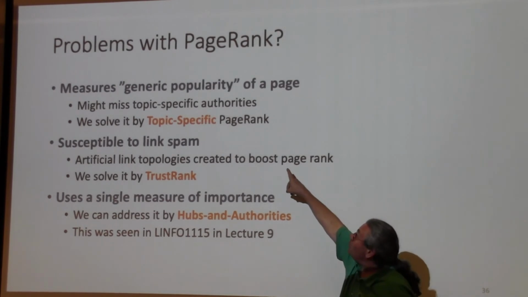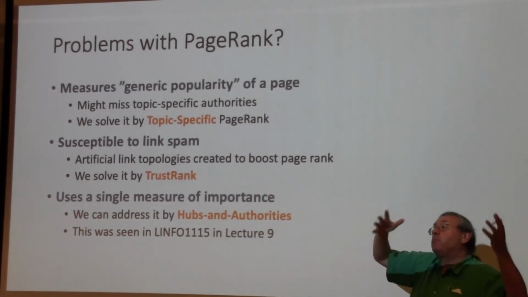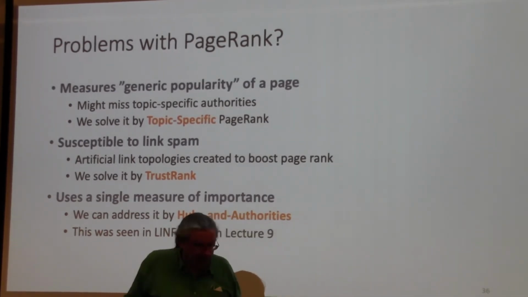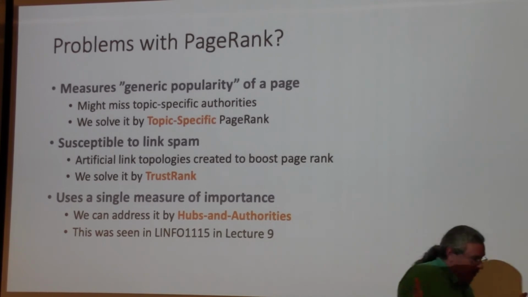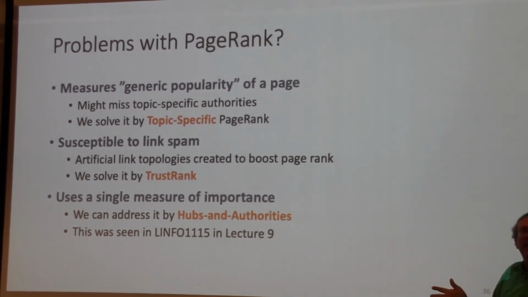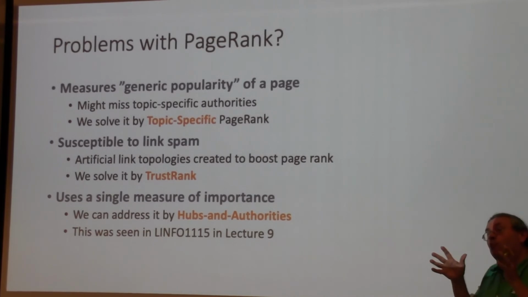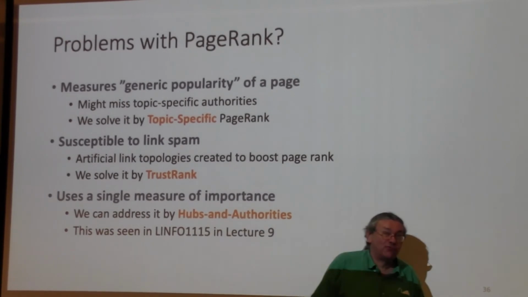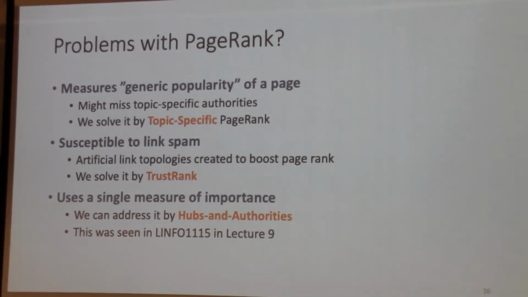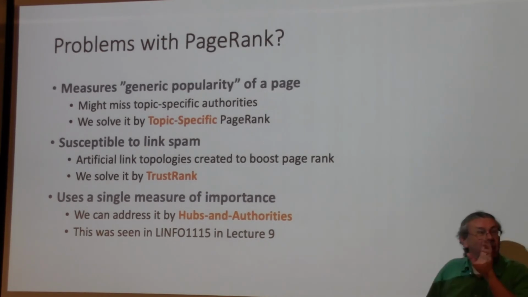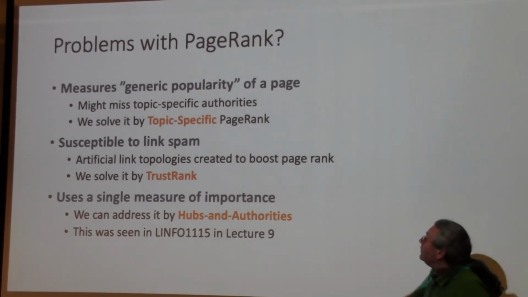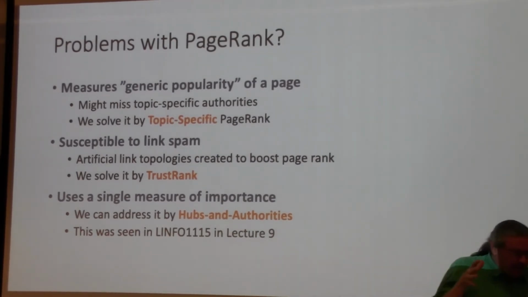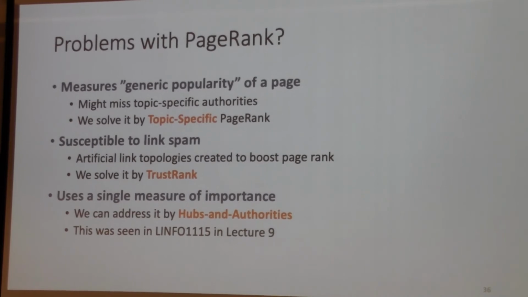So first of all, PageRank is doing generic popularity in general. But what if I'm interested only in Star Wars, for example. I don't care about Star Trek, okay, which is garbage. I only want Star Wars, okay? So I don't want the popularity, even if Star Trek is much more popular than Star Wars. Actually, my real opinion is the opposite. Okay, so we have this topic-specific PageRank, where we want to find the importance with respect to topics. That's one thing.